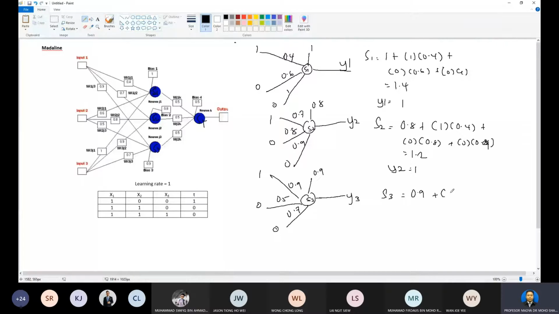Okay, plus 1 multiplied by 0.9 plus 0 multiplied by 0.5 plus 0 multiplied by 0.7. So we get 1.8. 1.8, so y3 equals 1. This means for S4 here, maybe you can